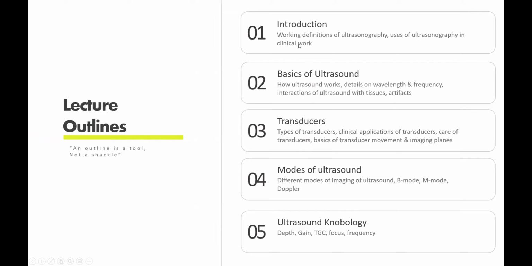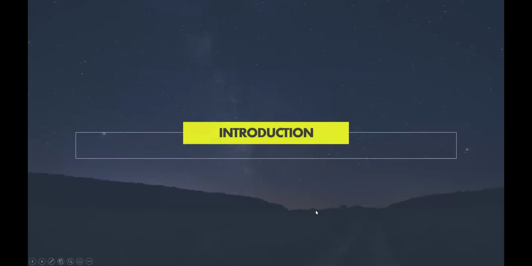In this introduction I will be telling about working definitions of ultrasonography, uses of ultrasonography in clinical work, and we'll move on to how the ultrasound works, details on the wavelengths and frequency, and interaction of ultrasound with tissues and artifacts. And then we move on to types of transducer and how to clinically use them, and care of transducers. Basics of transducers, movement and imaging planes, and several modes of ultrasound and ultrasound knobology. Okay. So for the introduction,